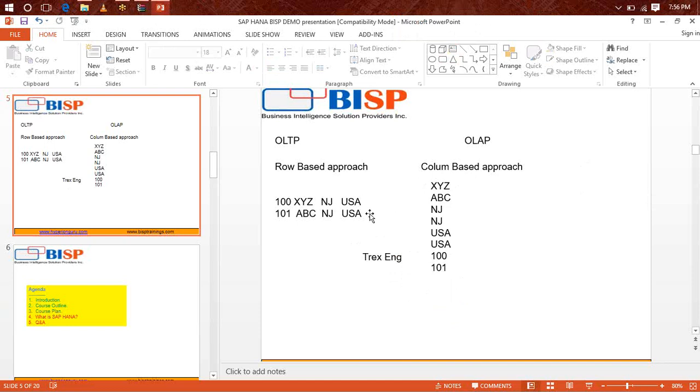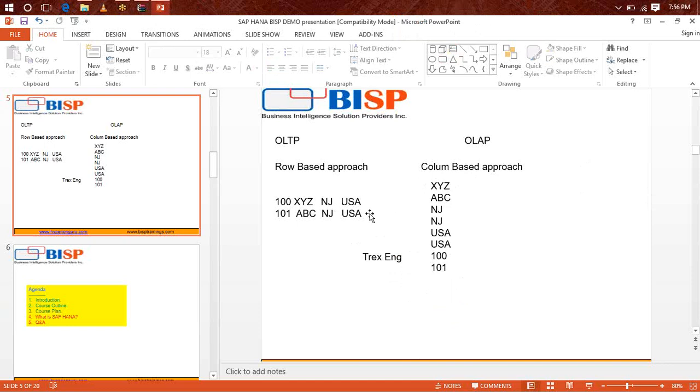In both cases we are traveling, but we have a faster travel if we travel by air. So we are using a medium, a column-based approach, which gives us fast access in terms of